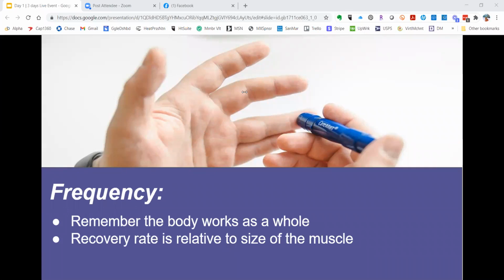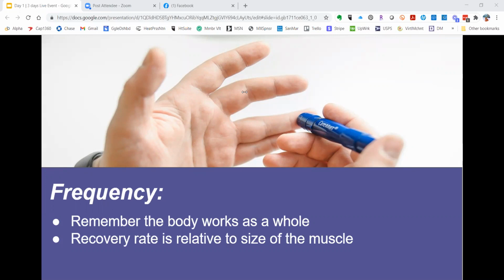Now, there's what we call FIT principles that you will work with to manipulate the programs, any programs, whether it's for cardiovascular, strength, or endurance. And what this stands for is frequency, intensity, and time, or duration. And a key to keep in mind when you're dealing with this is the workout is only as good as your recovery. So if you're working out 4 times per week, but you're not eating correctly or sleeping correctly, or you have a high stress level and you're not able to recover from it, 2 times per week is going to go much further, and you're going to get much better results by doing 2 times a week versus 4.